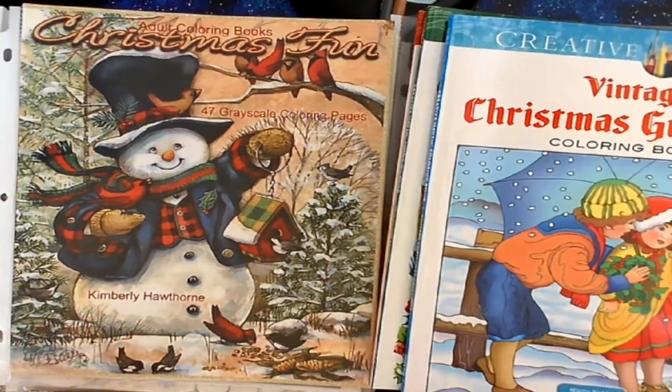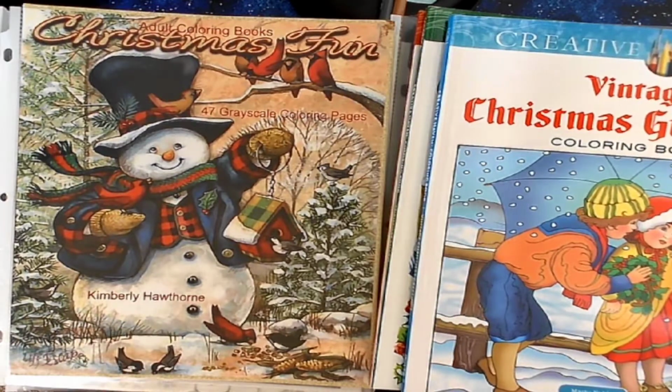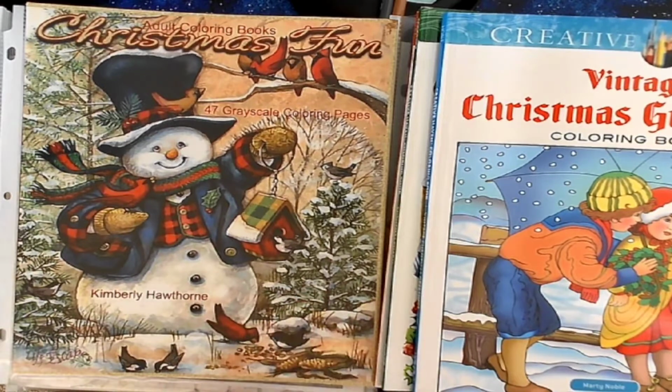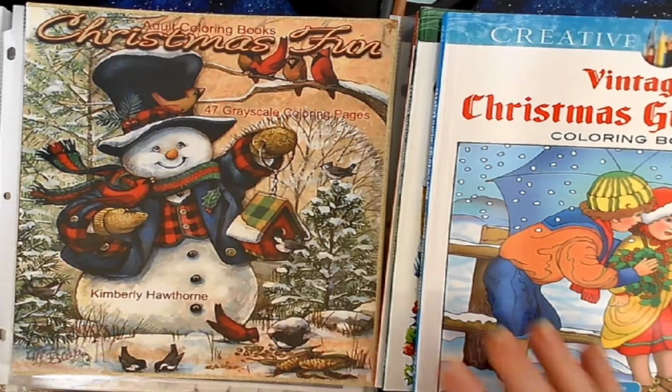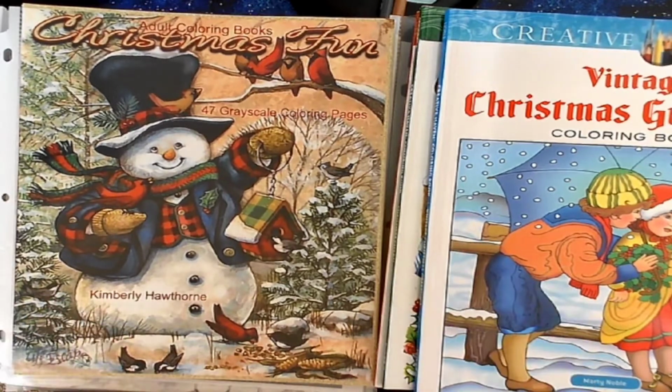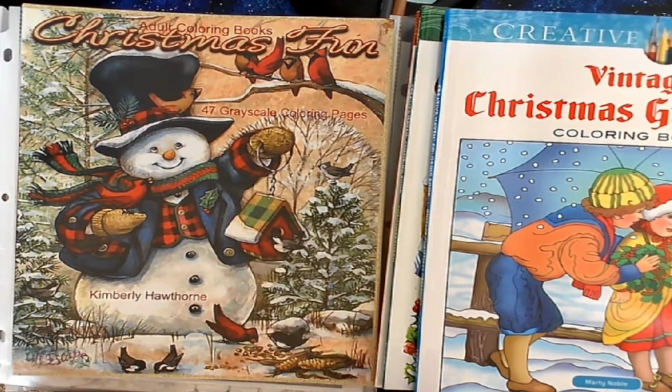This is Collection Mania Monday, and the collection we're looking at today is a collection of Christmas coloring books. I've got 3 stacks here. The camera wouldn't go over that far. These are specifically only Christmas coloring books, and we'll go through them. We'll flip through a few, and then I will show you the ones that we're going to concentrate on this